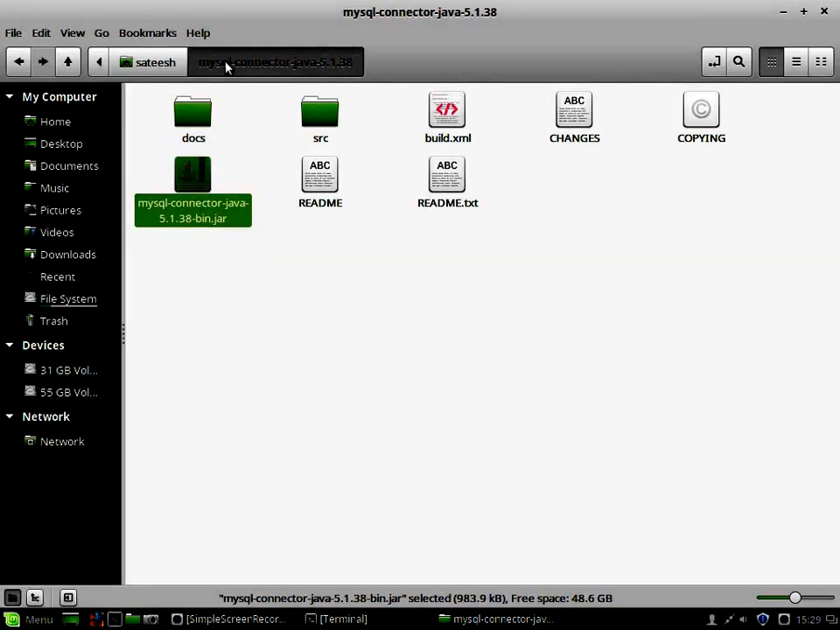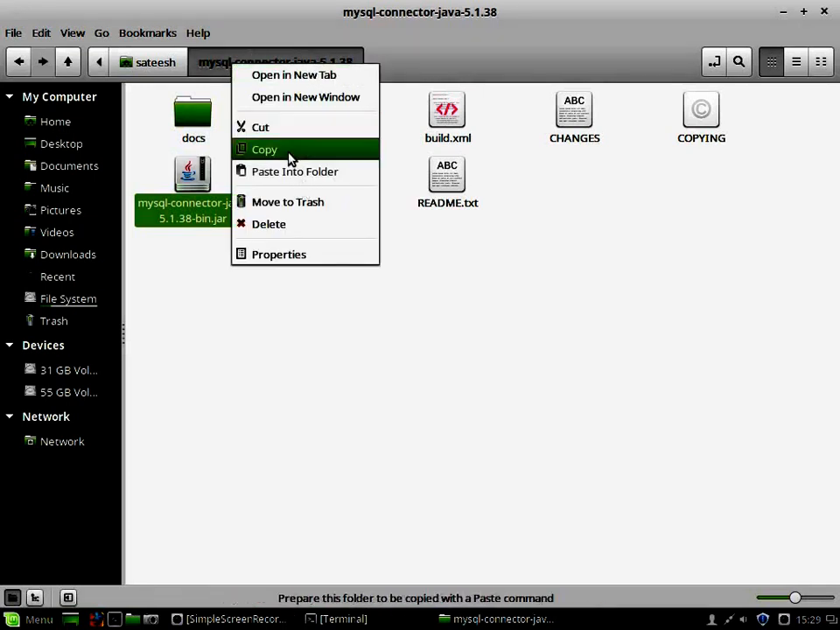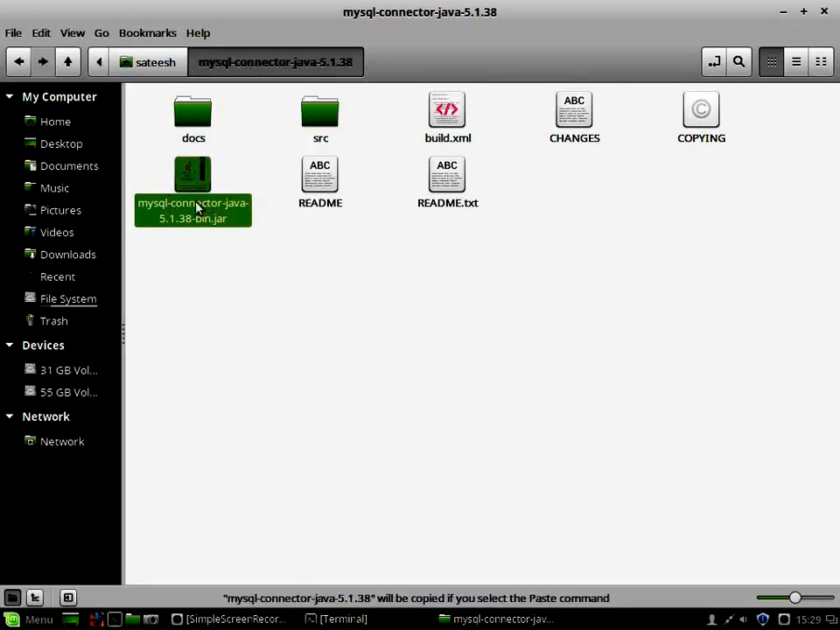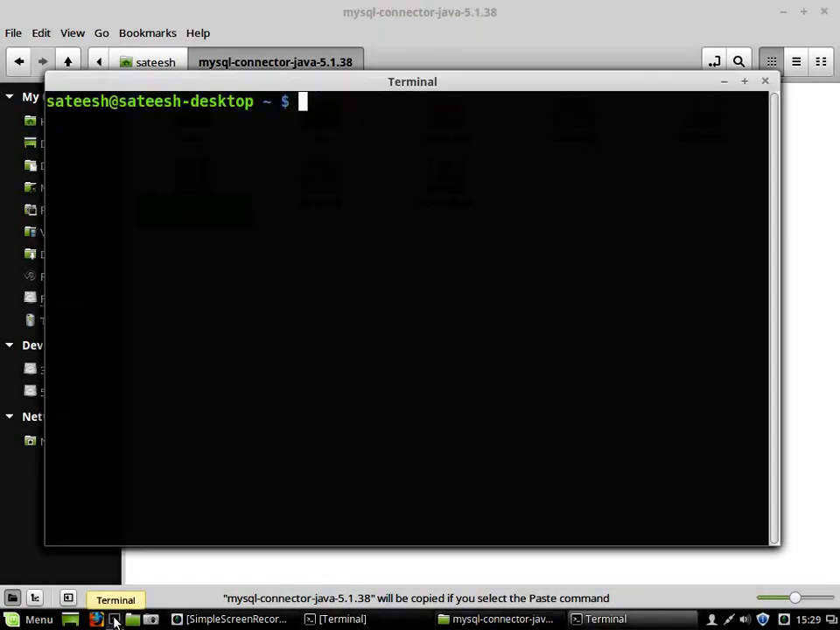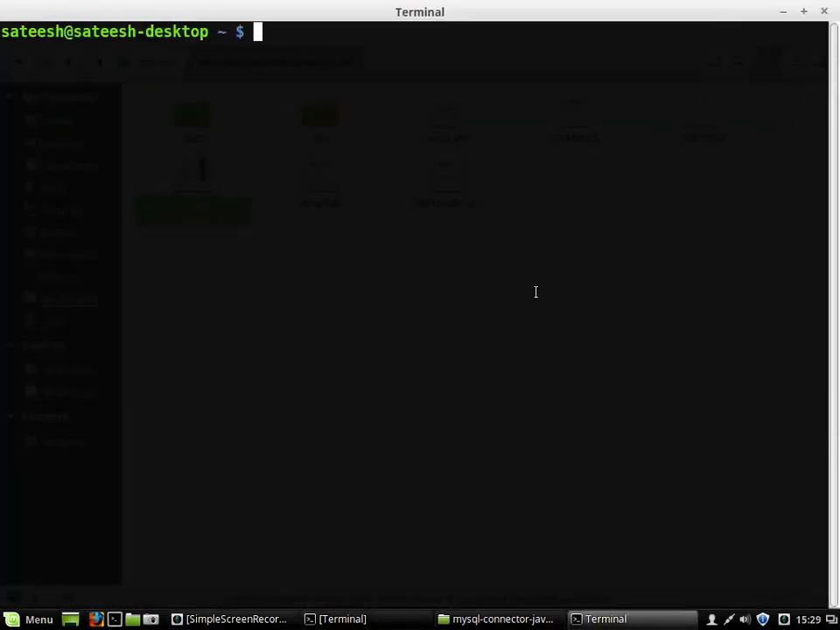We need to set the class path to this particular file. So please copy this path up to here. Now I'll tell you how to set the class path in an Ubuntu or Linux environment. Please open your terminal. Here type sudo gedit etc